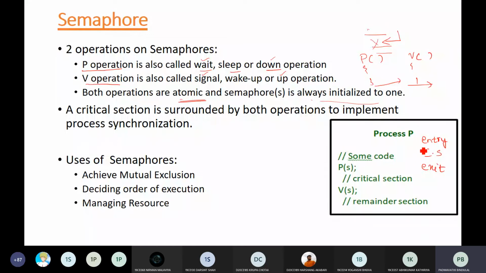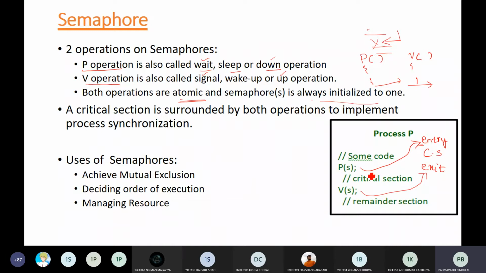Always your P operation or the wait operation will be executed in the entry section. Always remember, when you want to enter into the critical section, you have to execute the code written in the P operation. Once you finish executing the critical section, then always the V operation should be executed in the exit code.